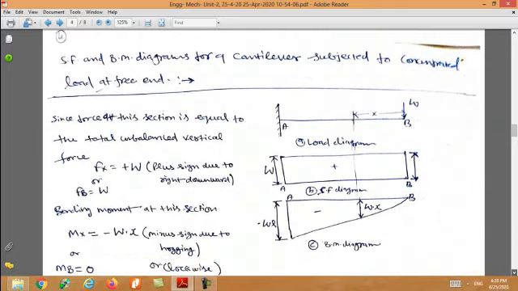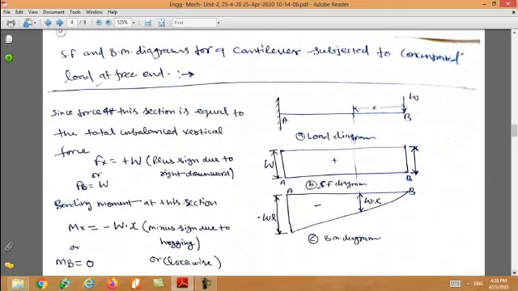Okay. So now comes the shear force and bending moment diagram for a cantilever beam. What is the definition of the cantilever beam? One end is fixed and the other end is free, and at the free end a load W is acting. Is it? For the cantilever, you do not need to calculate the reactions. Directly you can start with shear force and bending moment values.